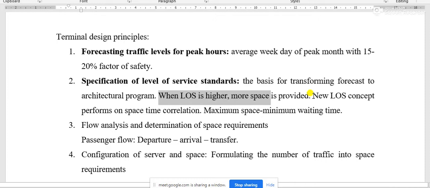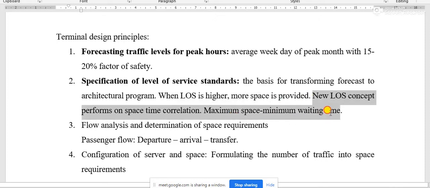Now, this one is also an important part: this LOS concept is functioning on the space-time correlation. If maximum space is provided, minimum waiting time is required.